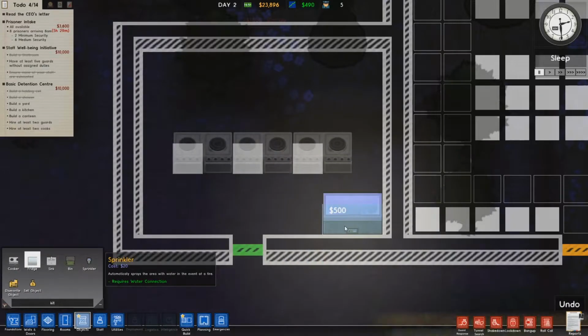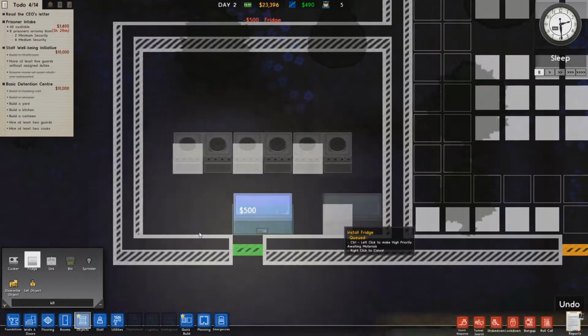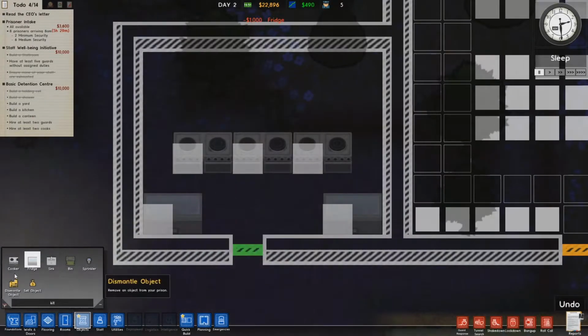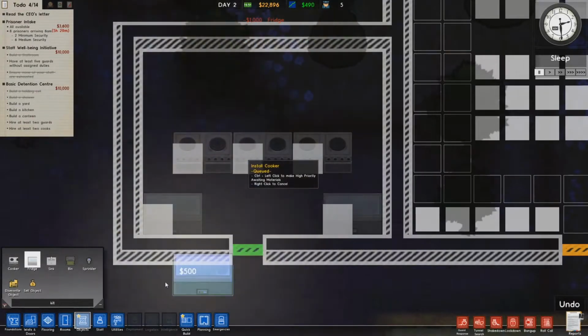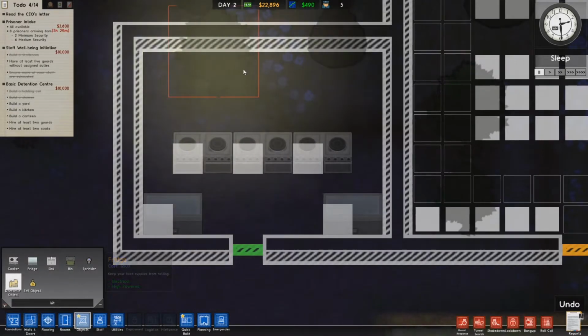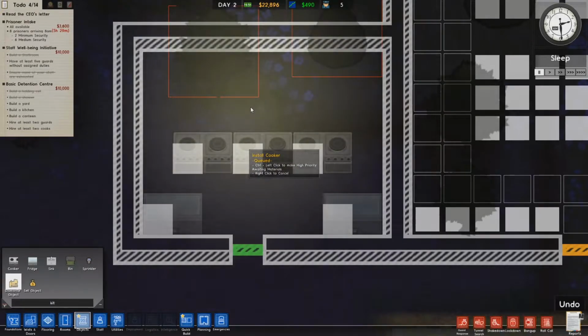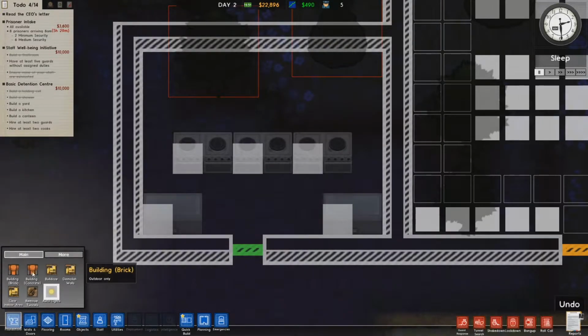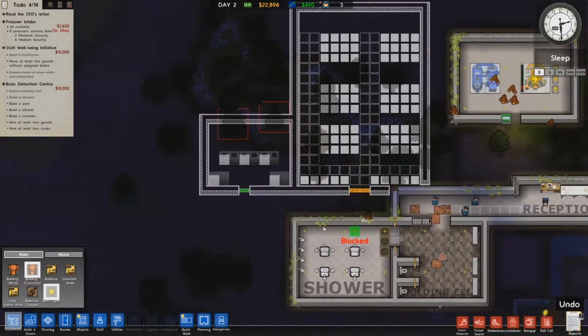Because you don't really need a lot of walking space. They'll just end up walking over them anyway. So I'm thinking about doing that and that. And we can't put the sinks in because we have to dismantle those trees. To do that, you just do that. But here, let's go ahead and